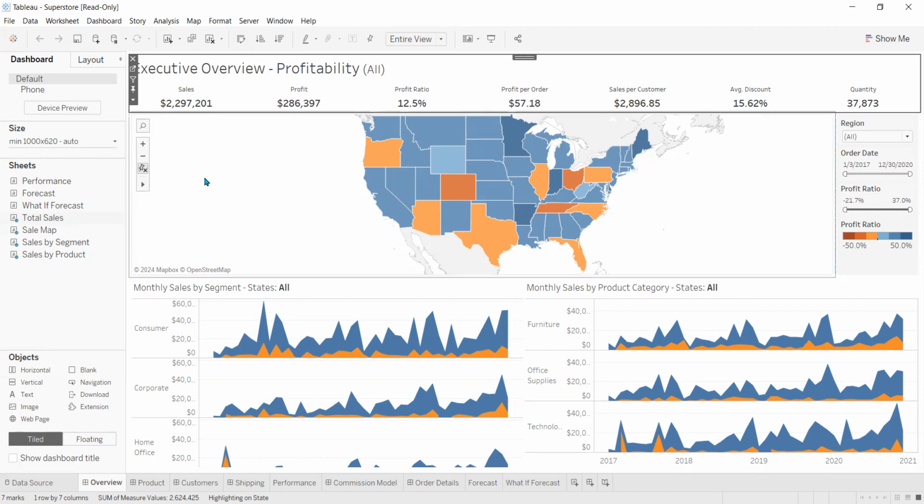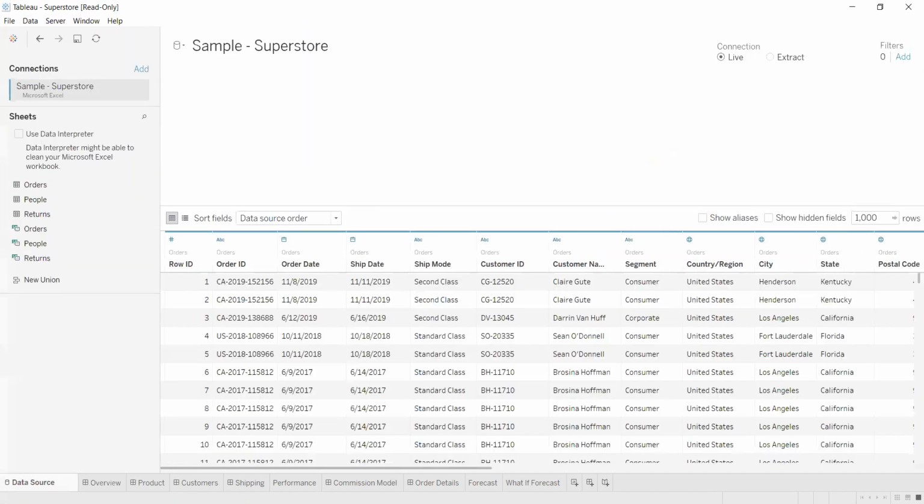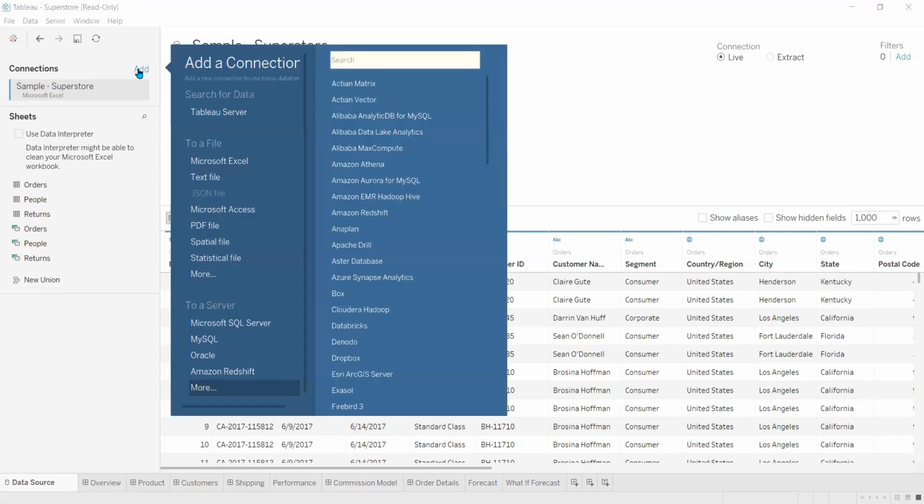So Tableau looks kind of different, but first you need to import your data. This is really like Excel worksheets, right? And Tableau accepts many different types of data. You can import, I believe, they call it a connection. You can add,